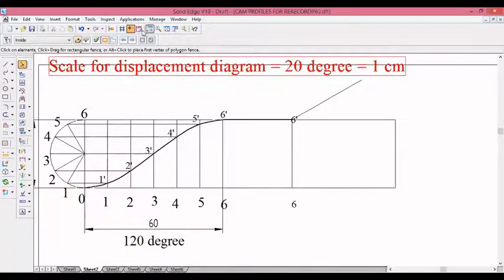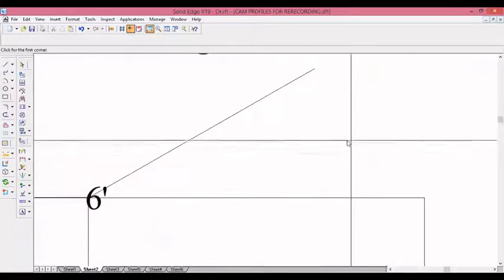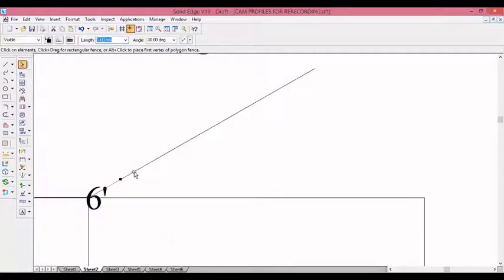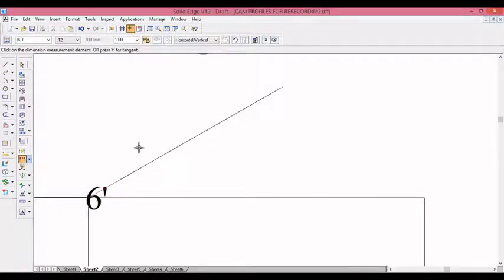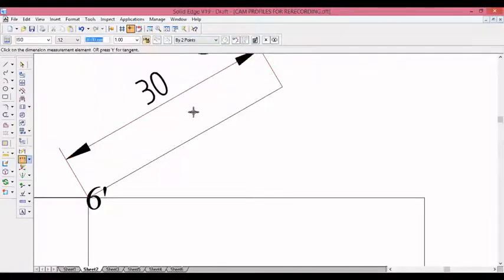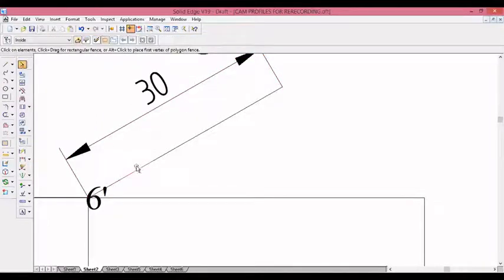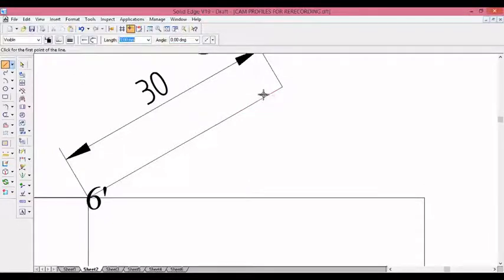See how many divisions we have done. We have taken 5 mm one line, 2, 3, 4, 5, 6, that's enough. So totally a 3 centimeter line, and we divided the 3 centimeter into 6 parts, 1 2 3 4 5 6. Now you just join this end point with the end point of this 45 mm line.